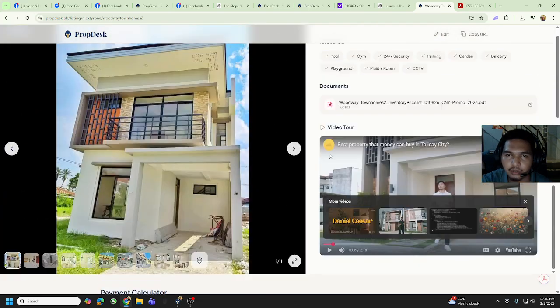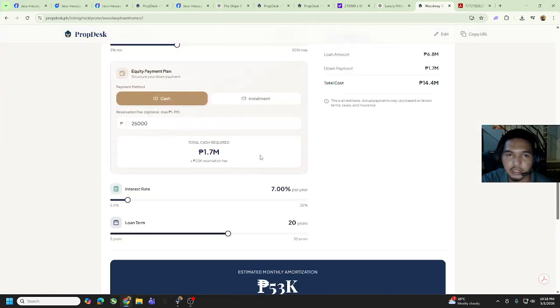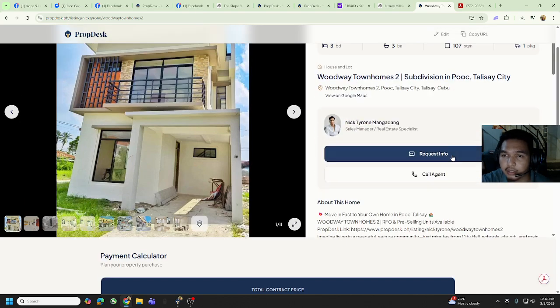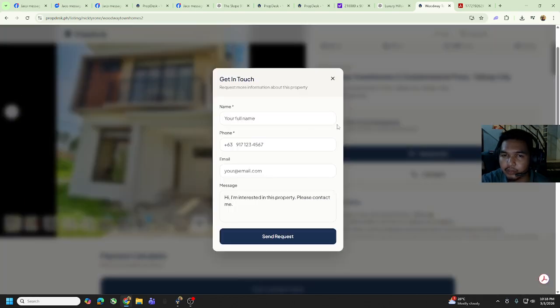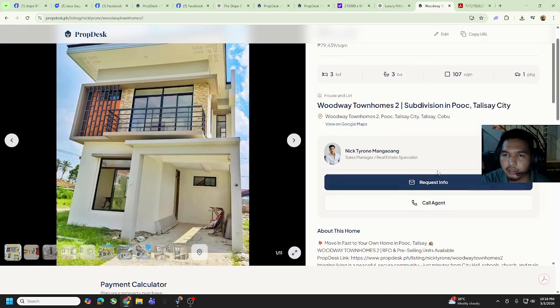If they want to send you a message, they can just click the contact info or request info right here, or they can call you right away. Since I'm using a PC, I can call the agent right away, which is me.